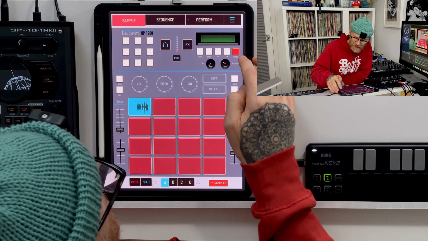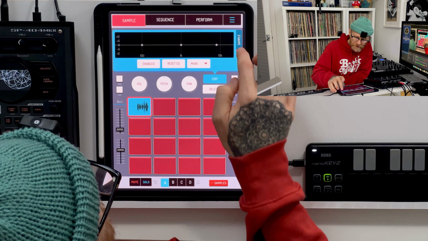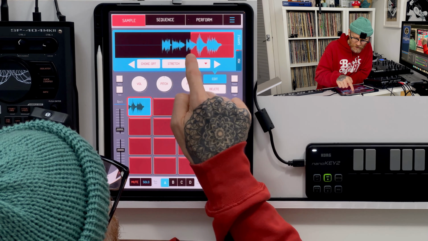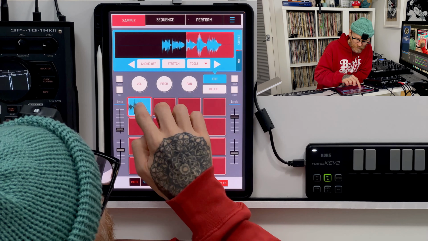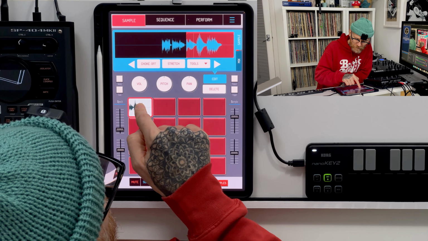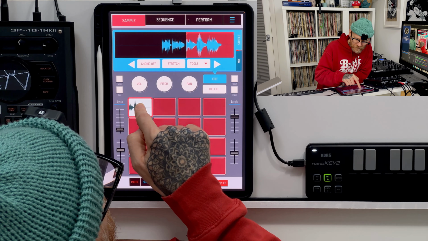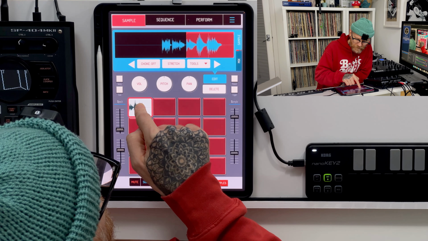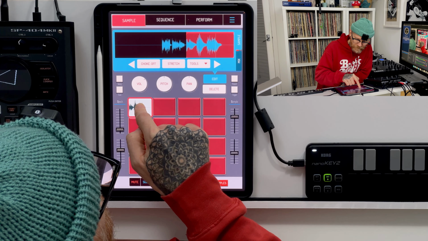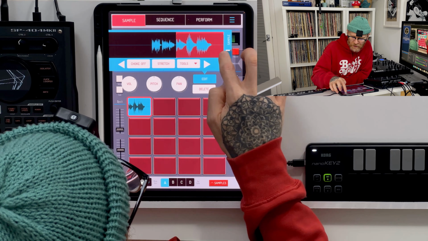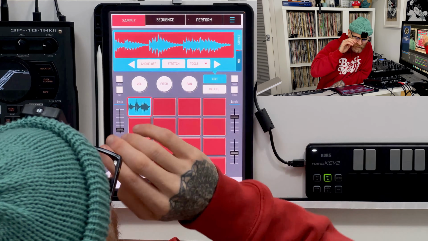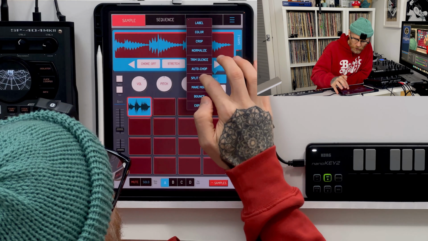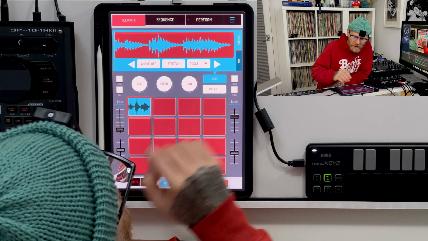And then if we go to sample, and we open up the edit window, we can just drag this to wherever we want it. So over here somewhere, yeah, that's the little bit of audio that we're going to use. Sounds pretty terrible, but hopefully we can make something out of it. So we'll crop it, we'll normalize, but I can see it's already kind of peaked out in terms of its